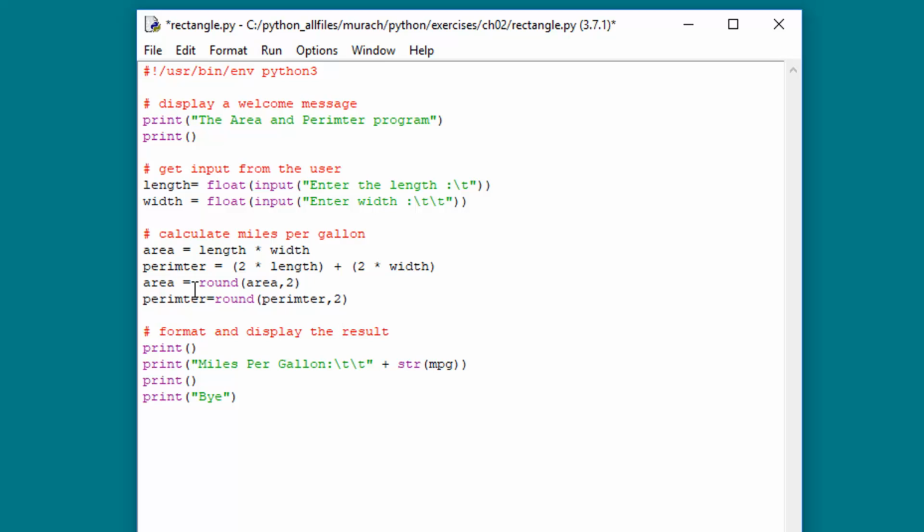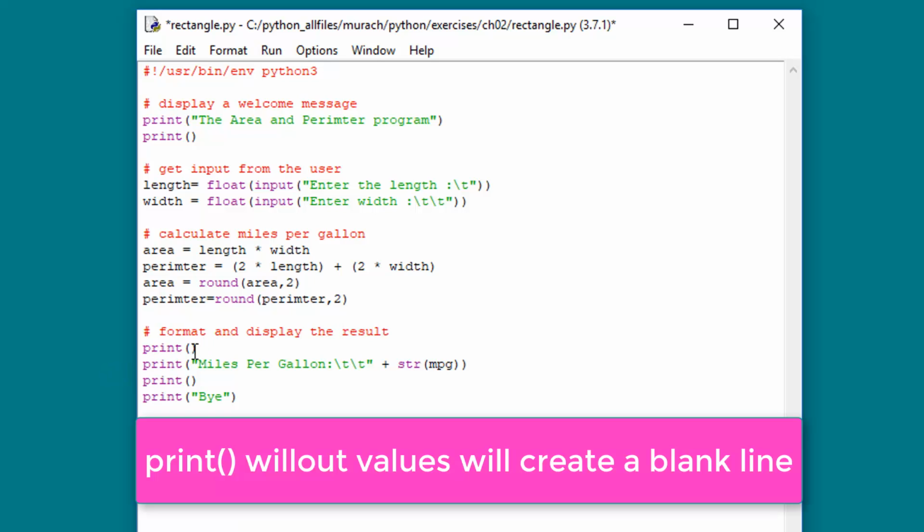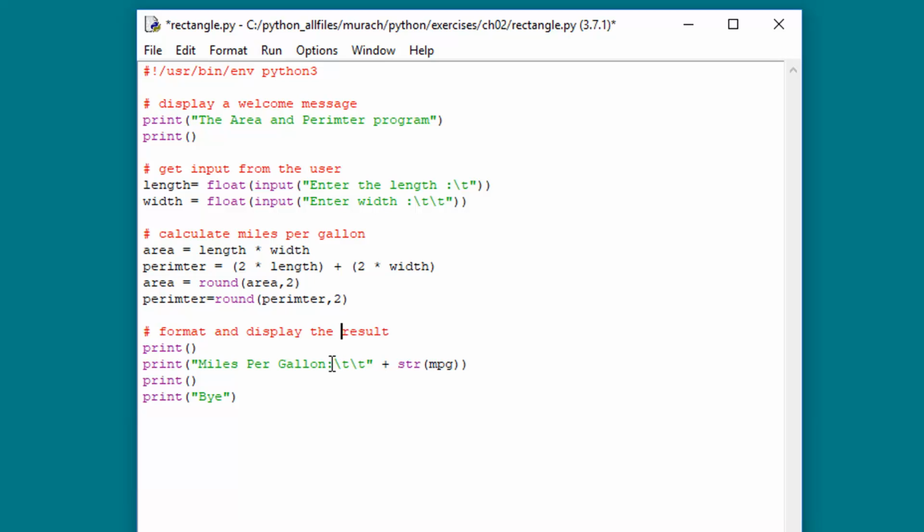And last but not least, we have the actual display of our data. We could stick with the first print, which is basically making a blank line, giving it a little space, and it says miles per gallon. We are no longer doing miles per gallon, so let's get rid of that. And we're going to type in area, and we're going to say area